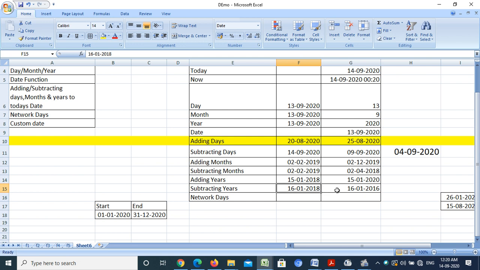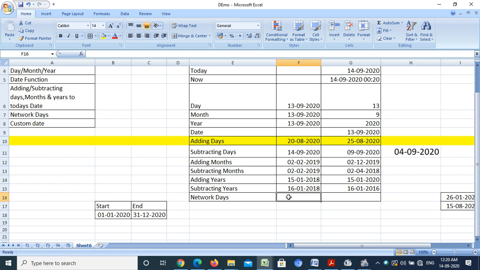Now come to NETWORKDAYS. Suppose in India we have Saturday, Sunday off in our company. So I want to calculate the net working days, that is the number of working days. So how can I calculate it? Let's see.